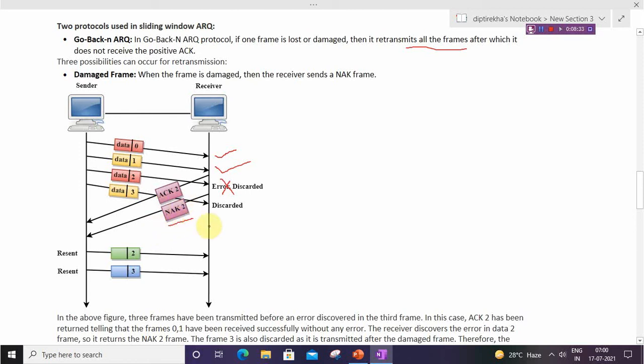NAK2 means the sender retransmits all the frames from frame number 2, that is, it retransmits frame 2 and frame 3. So it will retransmit all the frames after which it doesn't receive the positive acknowledgement.